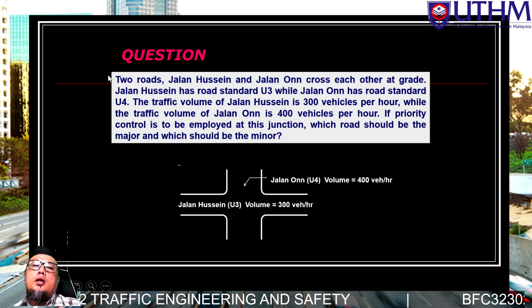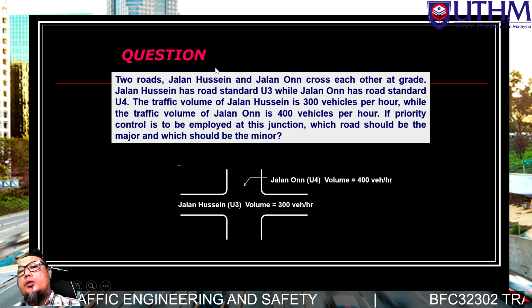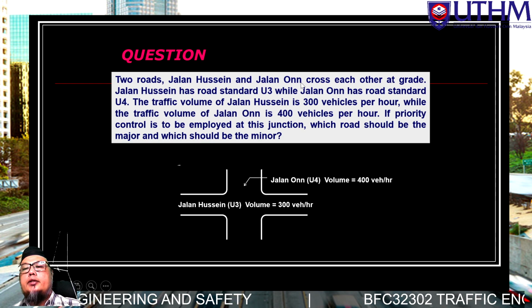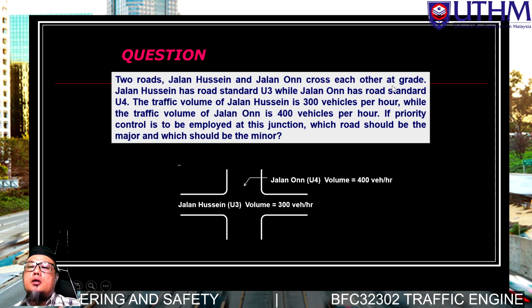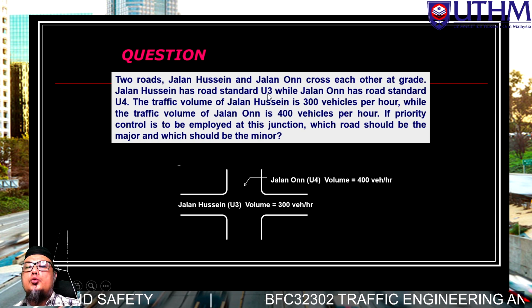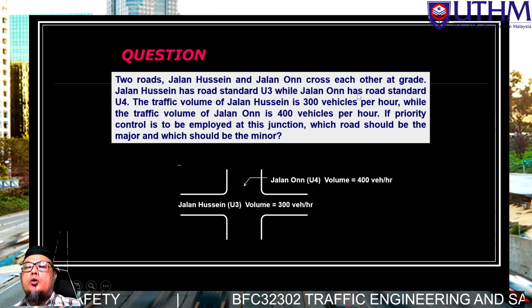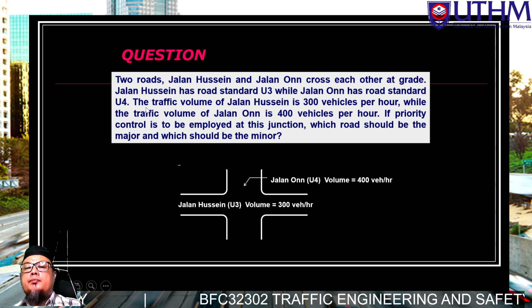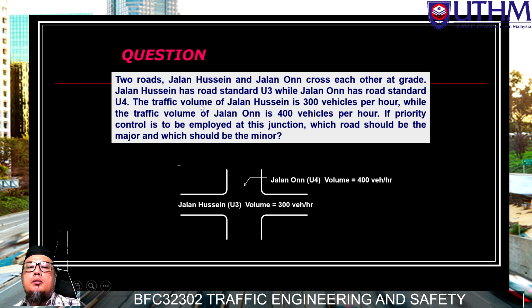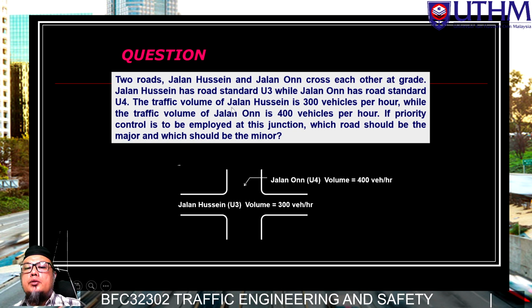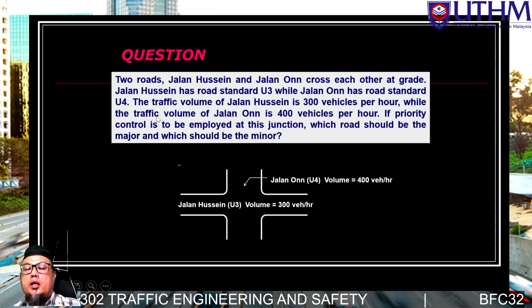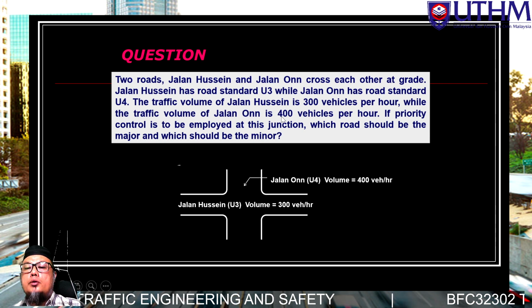Okay, let's look at this simple question. There are two roads, Jalan Hussein and Jalan On, crossing each other at grade. Jalan Hussein has standard U3, while Jalan On has standard U4. So they have different road classes. It's possible to assign minor and major. The traffic volume of Jalan Hussein is 300 vehicles per hour, while the traffic volume of Jalan On is 400